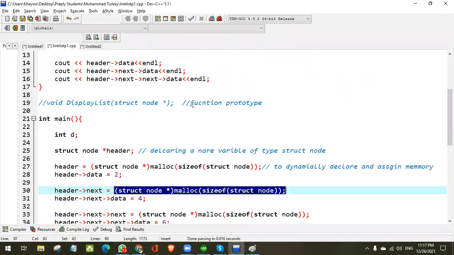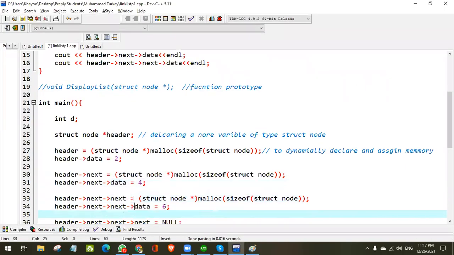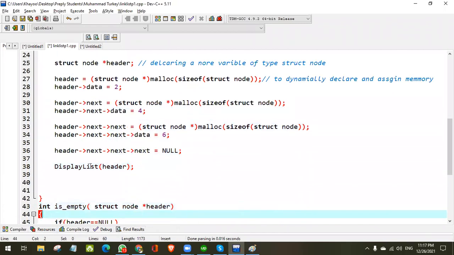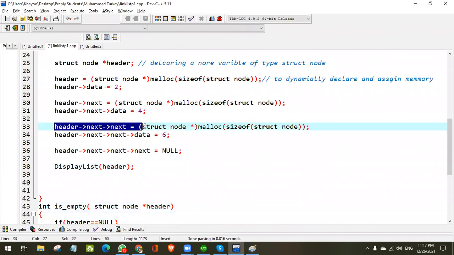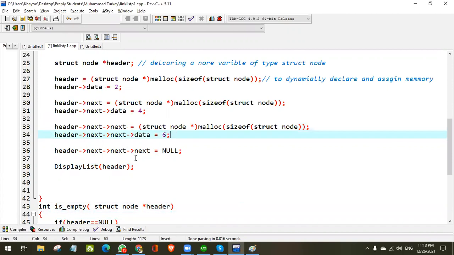Yes. Look at here. This is our code that your instructor provided you. Every time, next new node, and this is 6 and this is the null. Now he asked us to write a function that can display the value of header. This was our task to be done. You understand?